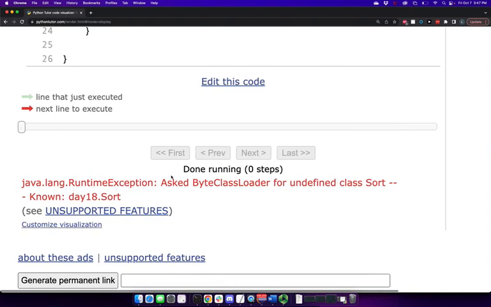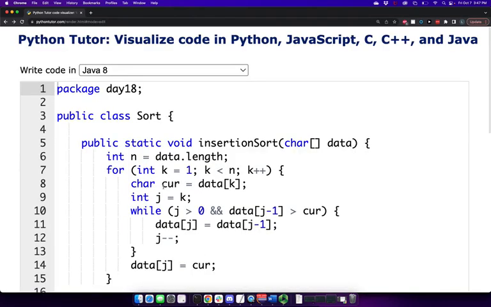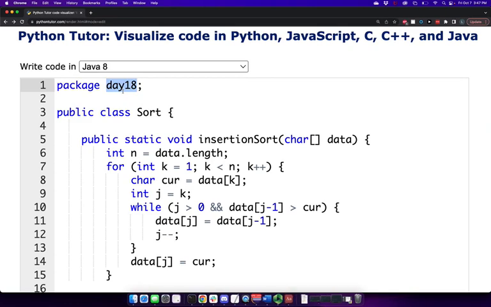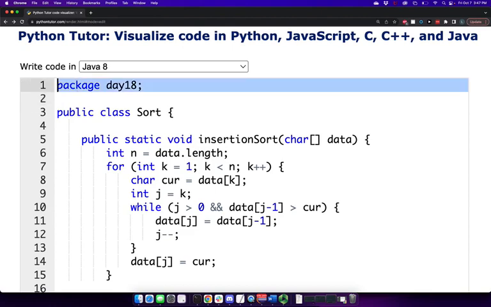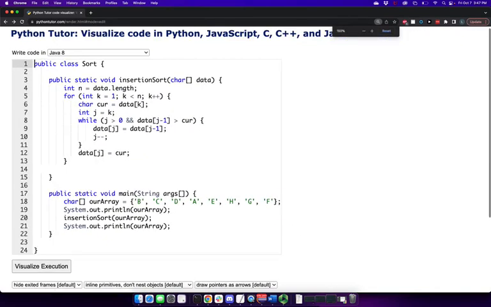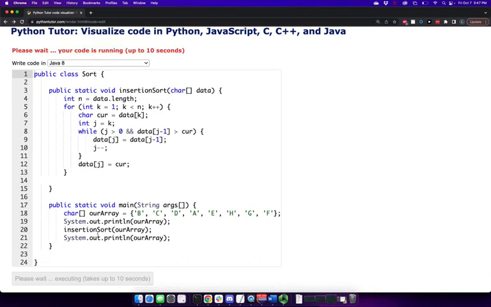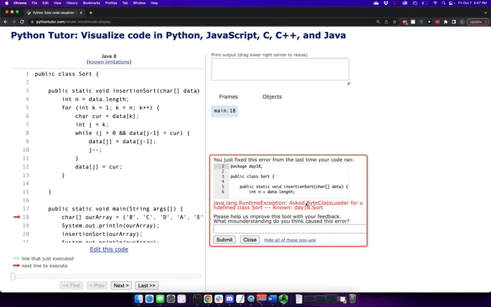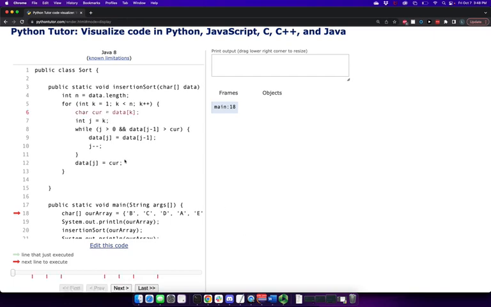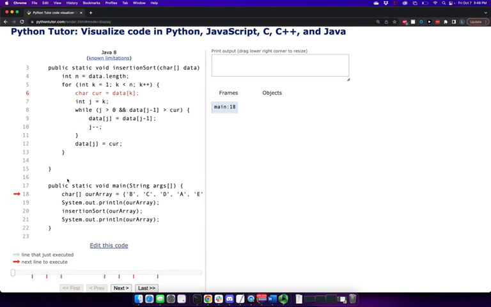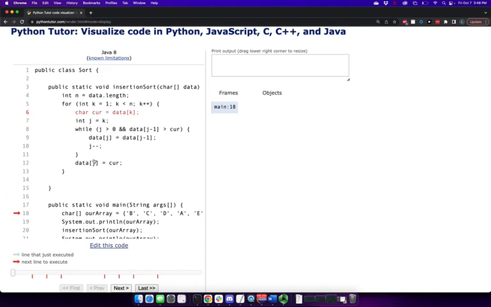Maybe I should not have this one. I'm not sure why this is not working. So ideally, you don't get errors in your code when you run it. Okay, so now that I removed my package that doesn't really make sense to put in here,